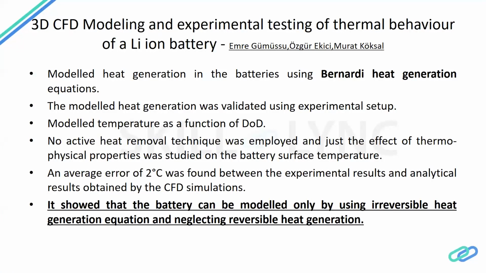Now, he didn't use any cooling method. He didn't use any forced convection method or liquid cooling method to remove the heat that was supposed to be removed from the battery. What he did was he just modeled temperature as a function of the rate of use of this battery. What he found was an error of only 2 degrees Celsius, which is one of the best agreements between CFD and experimental results. Usually in industries, you have a difference of 10 to 15 degrees Celsius. But here he had a 2 degrees Celsius difference, which is one of the best things he has done in the field of experimental analysis.